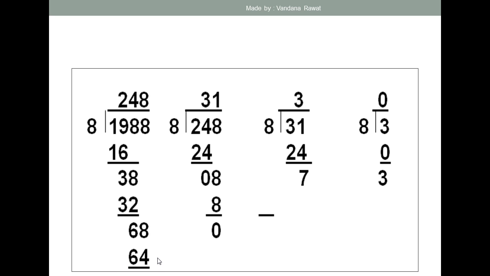Then here what you have got, I think 4. So it will be 4. So the answer will be 3 7 0 4. This will be your answer. Okay,